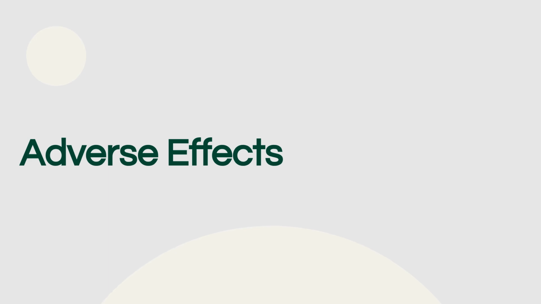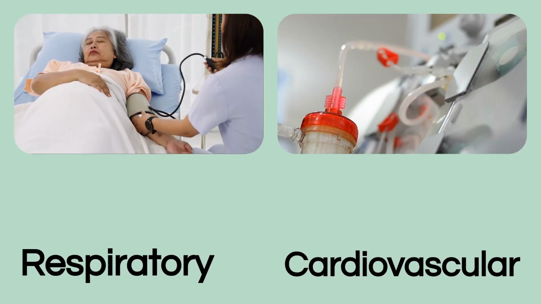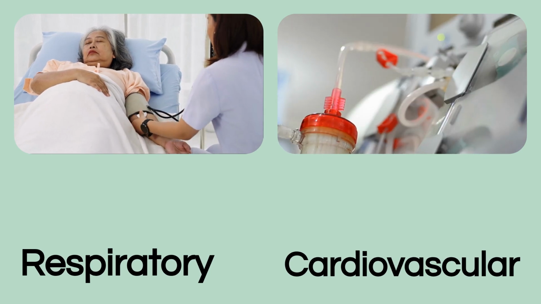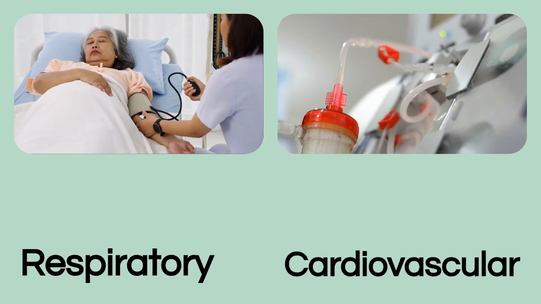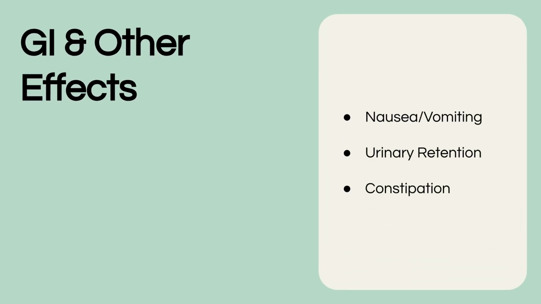Finally, let's quickly cover the adverse effects profile of these analgesics. Key adverse effects include dose-dependent respiratory depression and cardiovascular effects like hypotension and bradycardia, which are usually mild but can be pronounced in hypovolemic patients. Other common effects are gastrointestinal issues like nausea and vomiting, and urinary retention and constipation, which are common with both